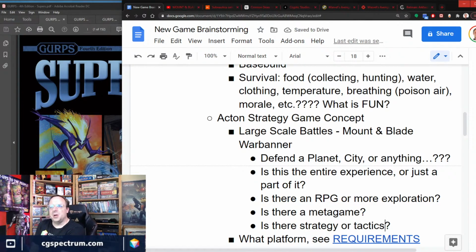Is there a metagame to it, kind of like Mountain Blade had? But again, these battles, is that the whole game, or is this just a section where